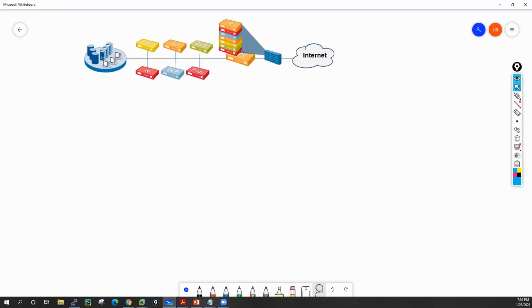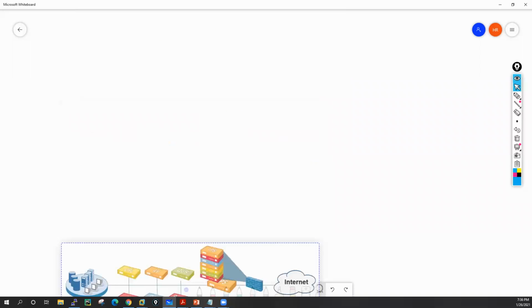Now let's come back to the discussion regarding the architecture of Palo Alto firewall. If I talk about the architecture of Palo Alto firewall, Palo Alto generally supports the SP3 kind of architecture.